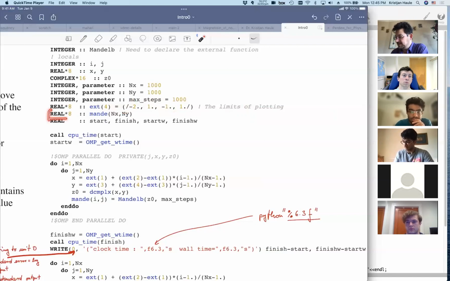Okay, so here there is an array. We specify a real array, Mande, which is going to have the dimension nx and y. And the reason that we define an array is we want to store the results in an array before we print them. Of course, we could immediately print the result on the screen and then use gnuplot to plot, or